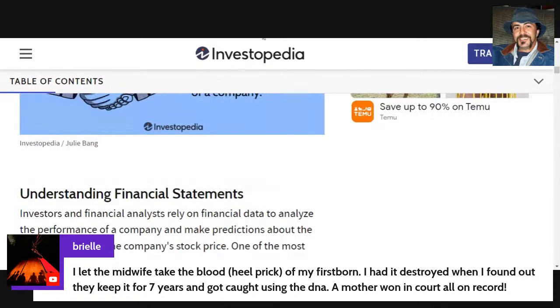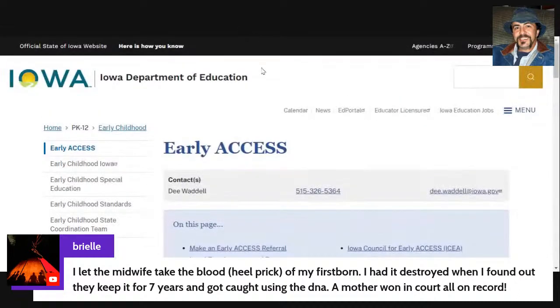Okay, the next one I'm going to talk about. We're going to get back to that child because we have the Iowa Department of Education early access. Every state's got this. Every state has an early access. What is the early access about, folks? What do you think early access is about in regards to the Social Security and all of this stuff going on with contracts? Well, like I said, under 5 USC 552A, maintaining records on individuals, this is part of that